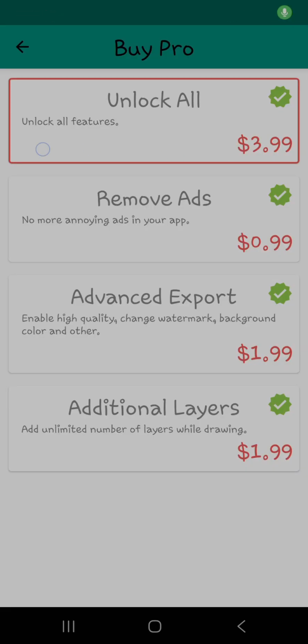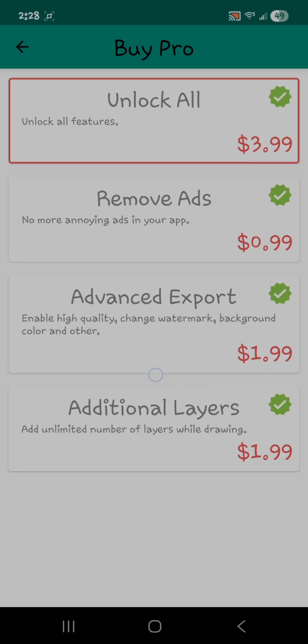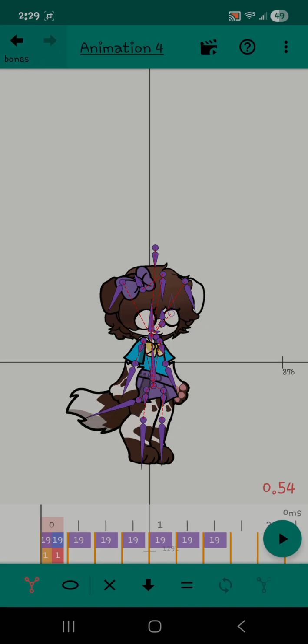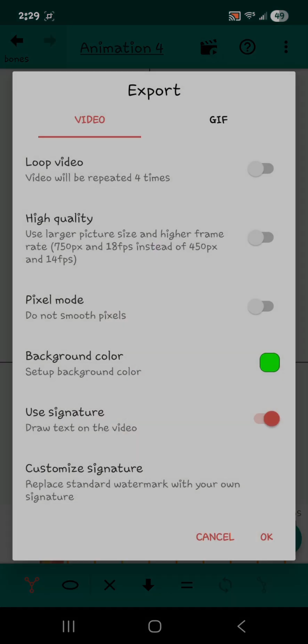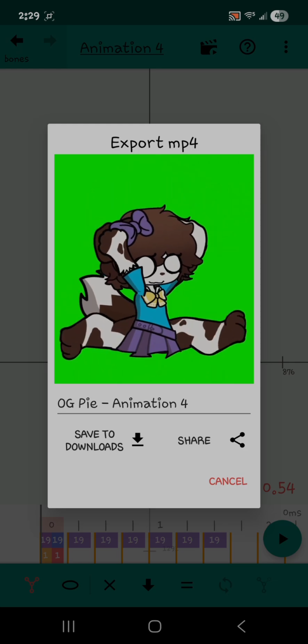Now, of course, if you bought this right here, don't buy these. It's wasting your money. Literally, this is $2. This is $2. This is $1. That's $5. You won't need all the green stuff in the back. You can just remove the signature and, of course, raise the quality. And yeah,